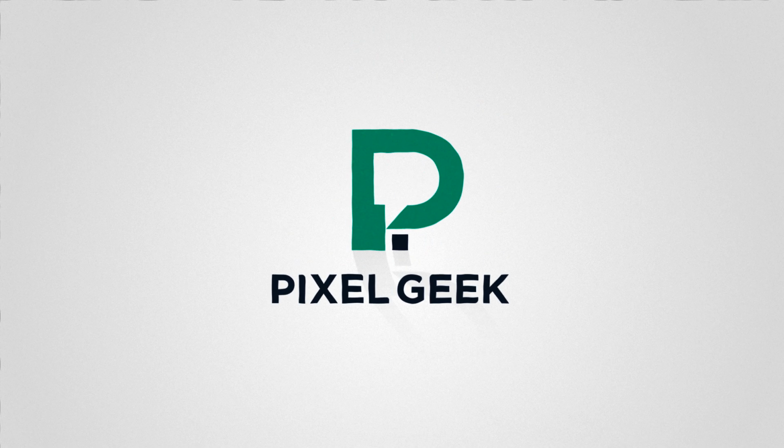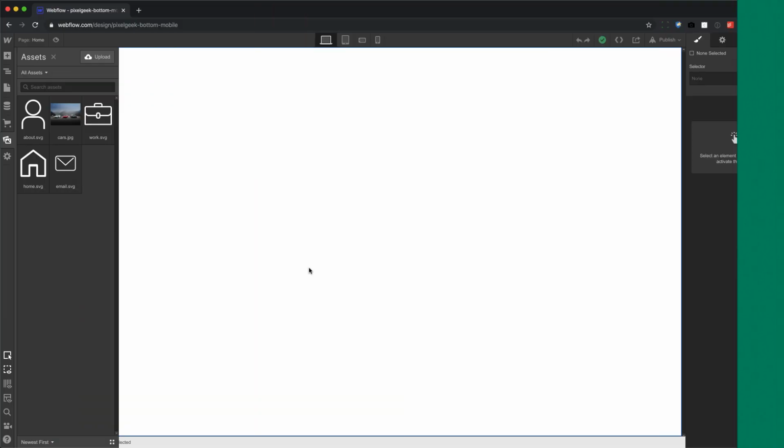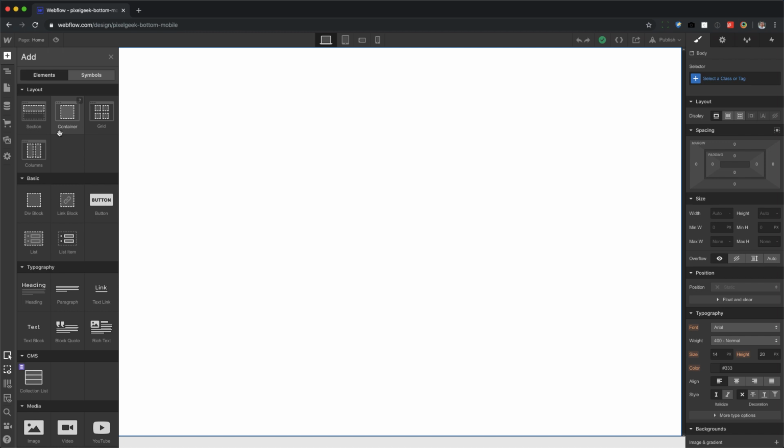Here we go. All right, so I've already uploaded 4 icons and a background photo just for placeholder content, but these 4 icons are going to be used for the nav menu. All right, so let's get started. Let's put in the cars first, just as some sort of content so we can see this behind the